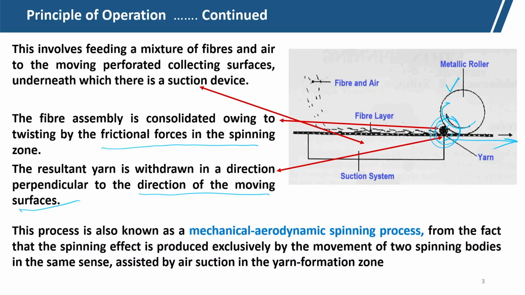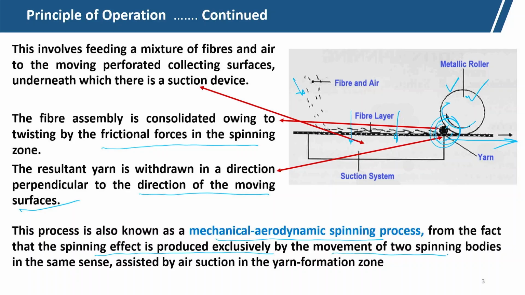This process is also known as the mechanical aerodynamic spinning process, because we need aerodynamic motion of the fibers. The fibers should stick to the surface aerodynamically, and the mechanical frictional force is required for twist insertion. That is why it is called mechanical aerodynamic spinning process, from the fact that the spinning effect is produced exclusively by the